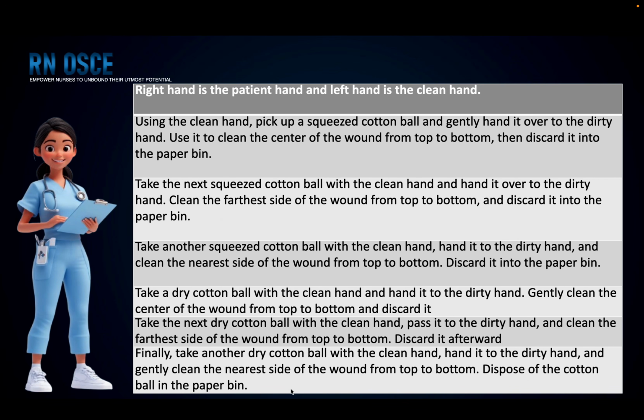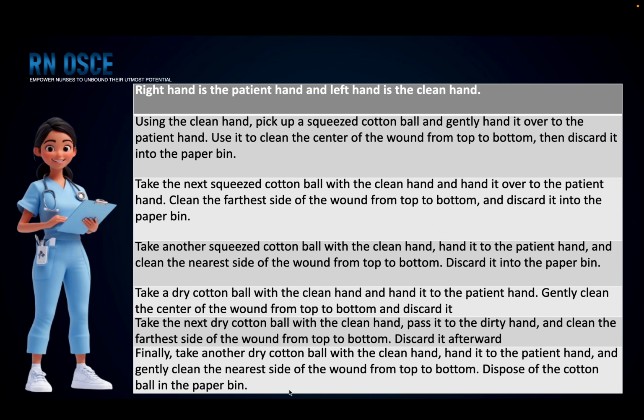No need to verbalize. If they mention that you have to verbalize each step, you can follow, but here they mention that there's no need to verbalize unnecessary things. What you're doing, you have to do it, and the only thing you have to verbalize is the wound assessment and your reference. Here I'm considering my right hand is the patient hand and left hand is the clean hand. In this entire scenario there's no need to verbalize; you have to perform by strictly adhering to